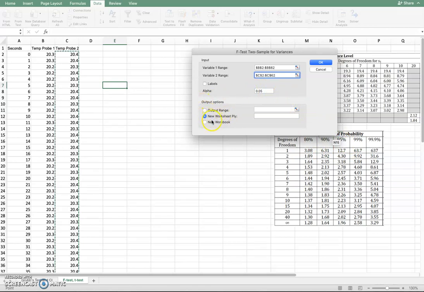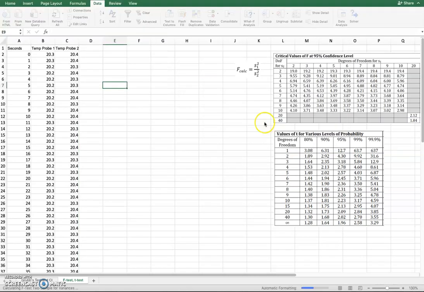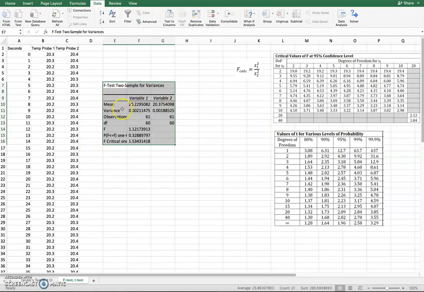Instead of putting my output in a new range, I'm just going to put it in a new sheet, right here. And I'm going to click OK. All right, so it's going to put all of my f-test data right here. What it spits out is the average, or the mean, of temp probe 1,